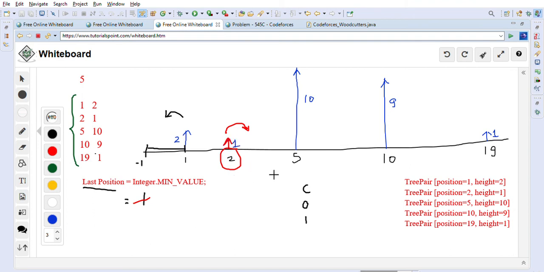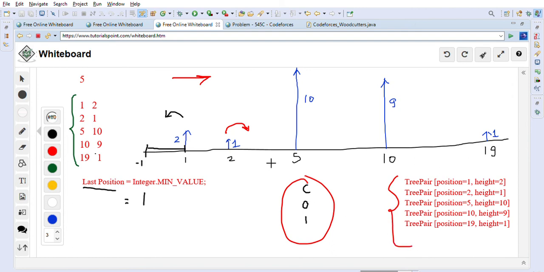So this is the logic that we are going to use to solve this problem, right? So we will go all the way until the end, and we will keep counting the number of trees that we can fall using this logic, and that is the maximum number of trees. And why this logic works is because we have sorted these tree pairs, right? So they are in ascending order. These tree pairs are sorted, so it will give us the maximum number of trees we can fall.